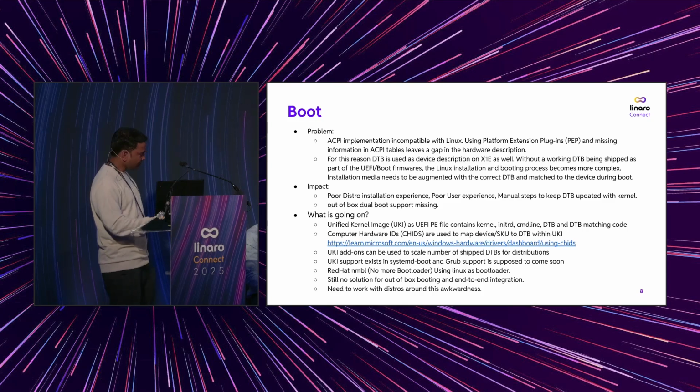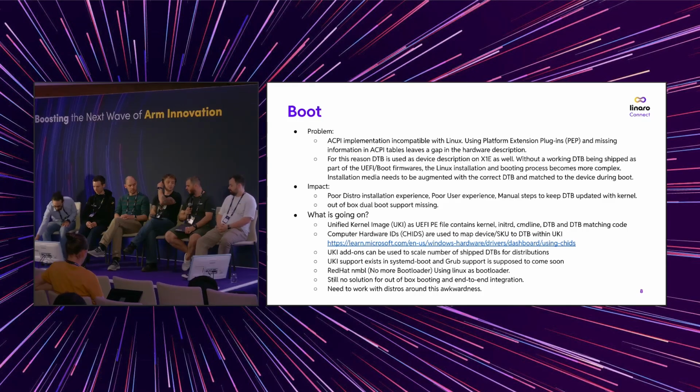Yeah, please. Another thing is that, for example, if you have multiple SKUs of the same laptop, like we do with the T14S, one of them has OLED, the other one has LCD. The way we handle this right now is having 2 separate DTBs. But then if you add another level, I don't have an example right now, you would end up with 4 DTBs. So I guess at some point overlays would be the solution here. And there's no way to tell at runtime, is there, which one? You would have to do that before boot.